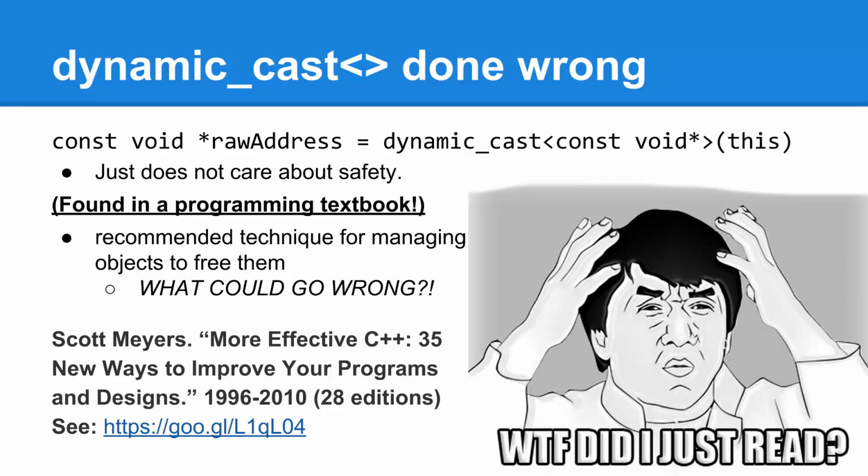Now, this is something I encountered as a recommendation in a programming textbook that started in 1996, has been through 28 editions as far as I can tell according to Amazon, and there's a link to this code here, and it's advising the adoption of, what a lovely slide, using dynamic cast on objects passed to it in terms of this as a constant void, and to a constant void just to get the raw address so it can pass it to free in terms of an overall scheme for managing heap objects, which if you've gone through the heap stuff I've covered so far, just sounds like a terrible practice that can lead to all kinds of mistakes. Now I'll click on the link so you can see that